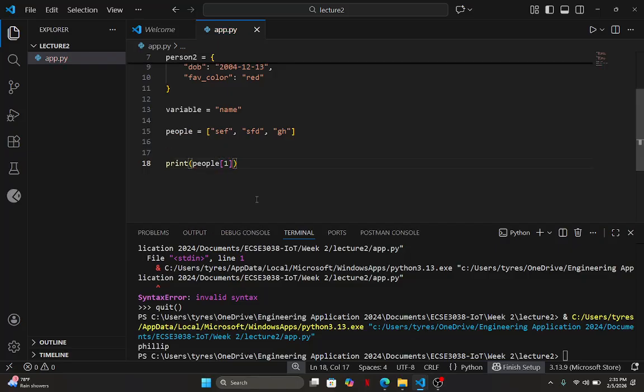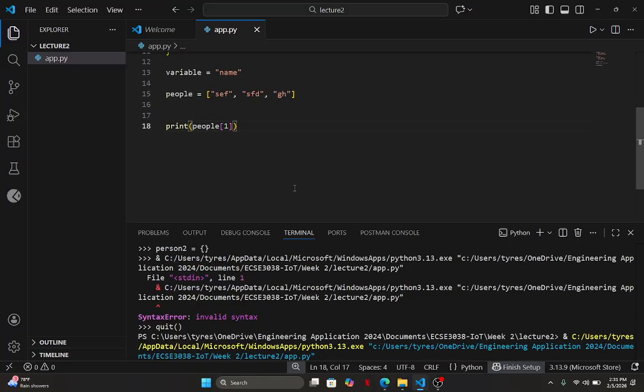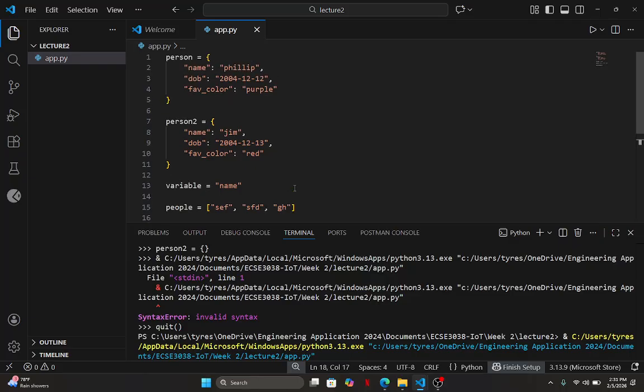So it's people square bracket 1, because I want to get this particular value in this variable. But in the case of my dictionary, what I want to get is this value from this person. And I reference this value by using the name. Yeah? If I want the date of birth, I use DOB.